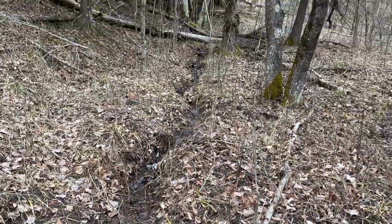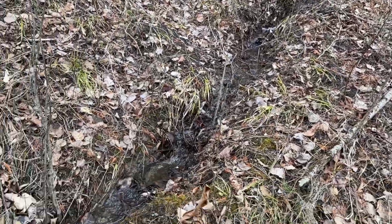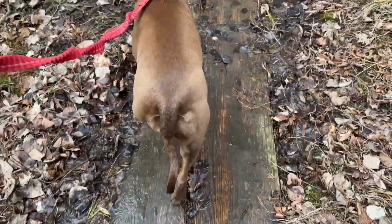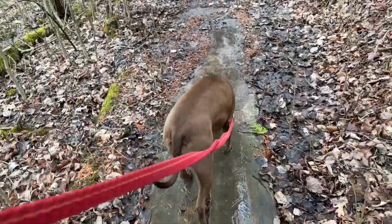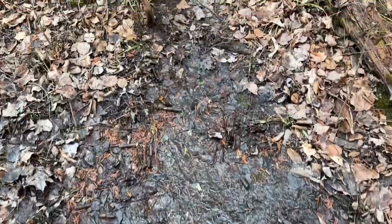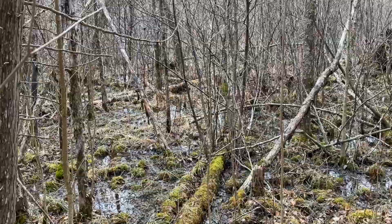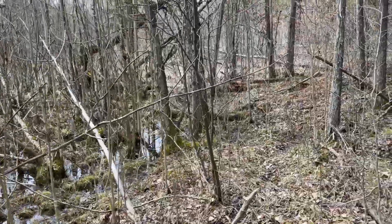There's another little, I don't think it's a creek. I wonder if it's a spring fed water source here. And it flows, come on Freya, right down the boardwalk. So this is just part of the joys of spring hiking, is you're going to encounter mud. And look at that. That is why. It is really low wetland in here,